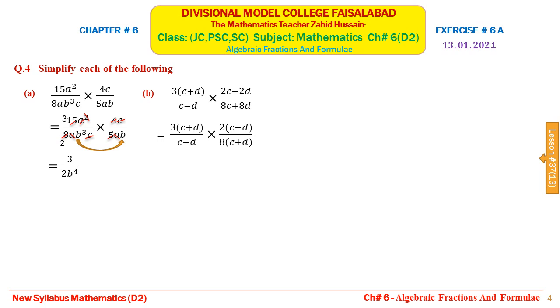Now after factorizing, we will cancel out the common factors. Look at this, c plus d is common with c plus d. We will cancel these two. c minus d and c minus d are common in the numerator and denominator. We will cancel c minus d with c minus d, and this 2 will be cancelled with 8. 8 will be cancelled with this 2. 2 ones are 2, 2 fours are 8. c minus d is cancelled with c minus d, and c plus d is cancelled with c plus d, and we are left with the 3 in the numerator and 4 in the denominator. So our final answer is 3 over 4.